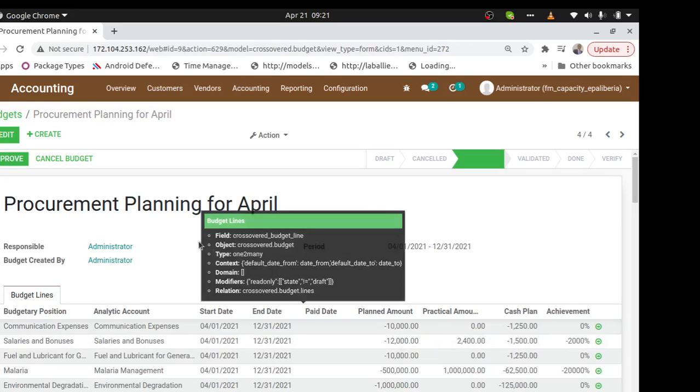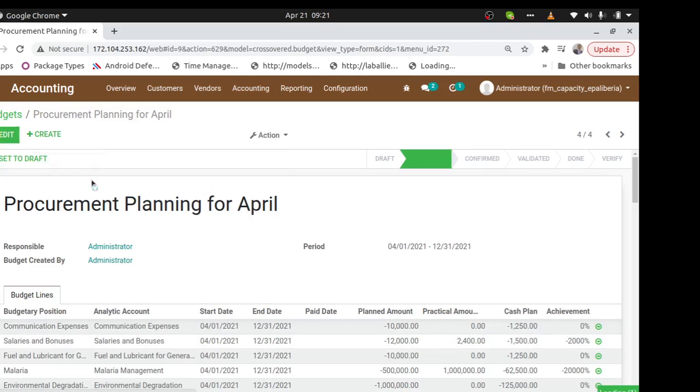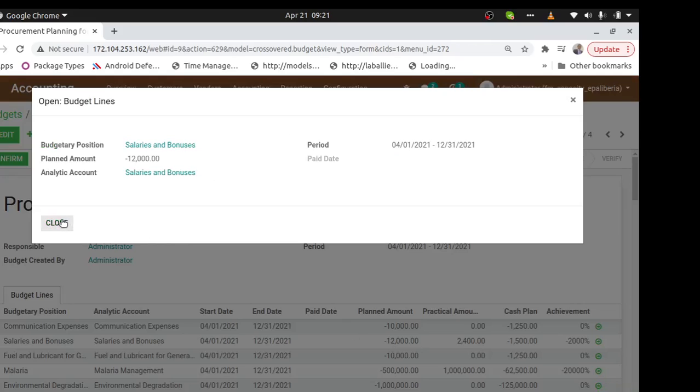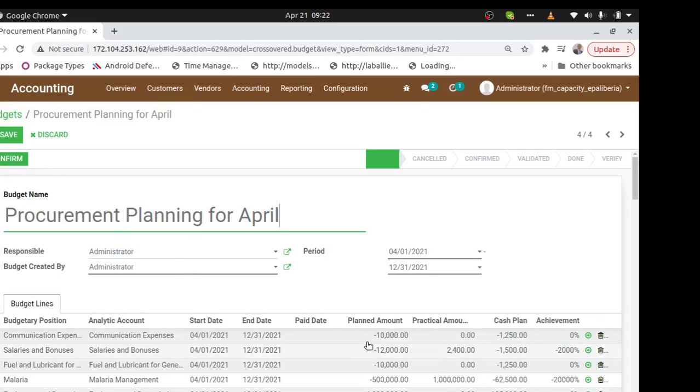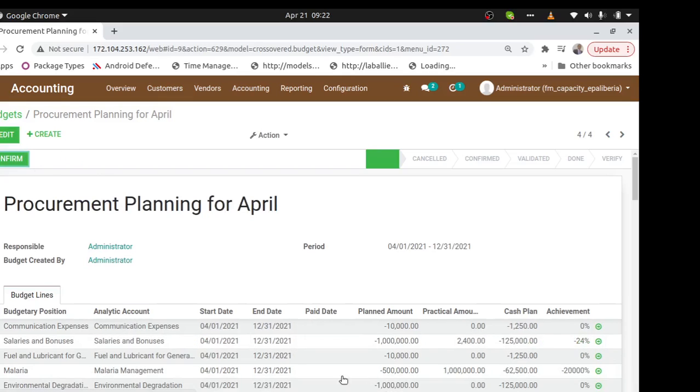So how do you update that one? You can just click cancel, reset. So every time you are entering an expense on your project, you make it negative. But if you are budgeting for revenue to come, you make it positive. You add the line of revenue and make it positive. So let me say they say no, make salaries to be 1 million, 1, 2, 3, like that. So you can save. So you can do all those updates. So once you have done it, you confirm, send back to them, and the ministry will approve.